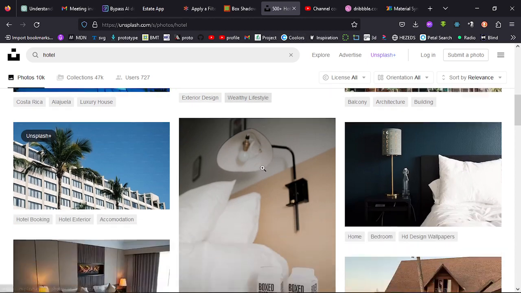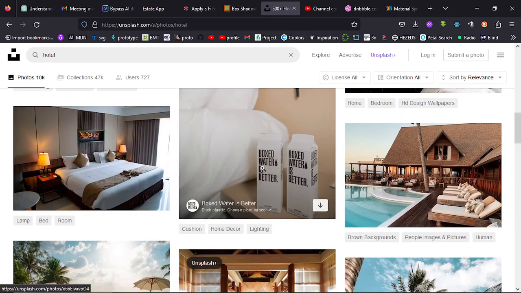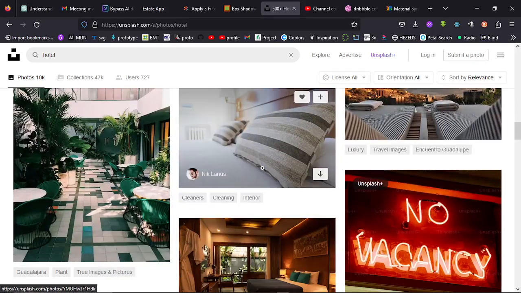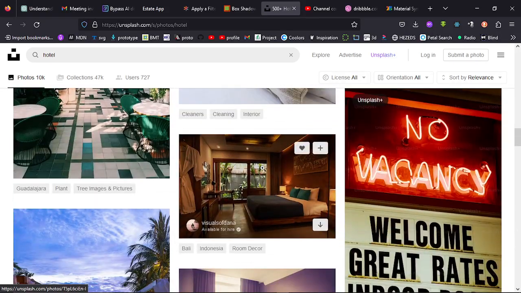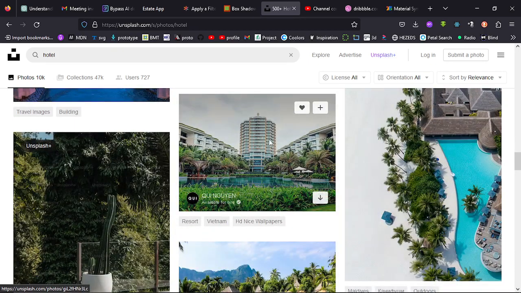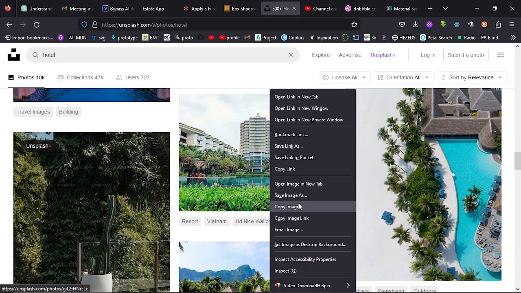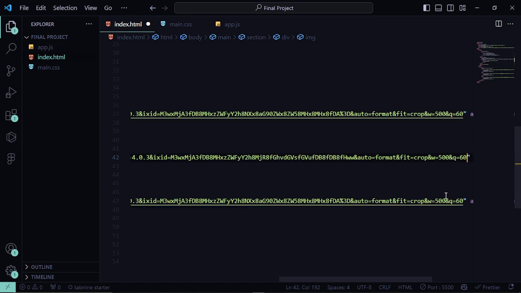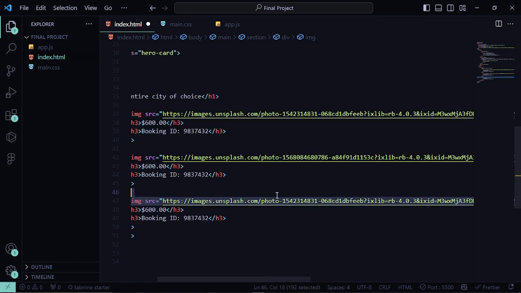Still going to look for another hotel. Let me go with this one. I click copy image link, take it over to here and paste that, and remove this one as well, change it,